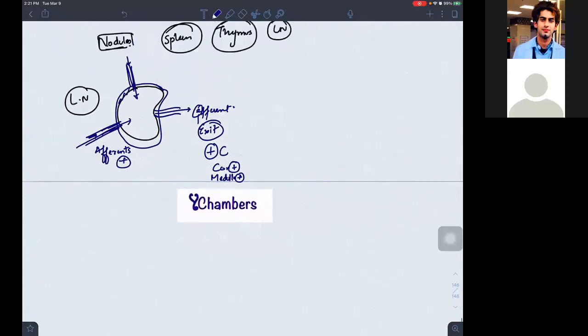What is the place where the efferent leaves? Hilum. Hilum is the place where the efferents leave from the lymph nodes. Does it have venules? Yes sir, it has venules. Those are known as HEV. What is HEV? HEV means high endothelial venules. So this lymph node is having high endothelial venules. But mostly you will be seeing them in the cortex, more in the deep cortex.